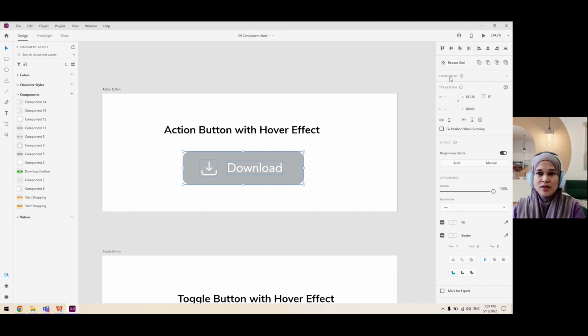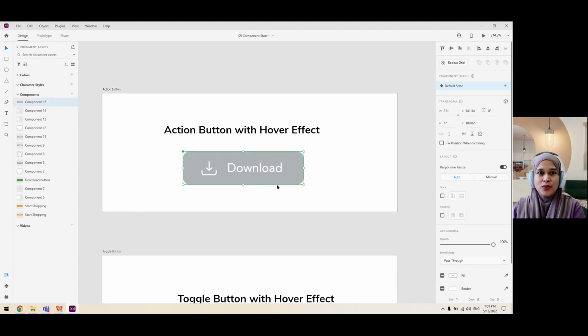Under the component section, there's a plus icon, which also does the same thing to create or make a new component. Click at this plus icon button, and automatically the blue outline here will change into the green outline with a diamond icon on the top left corner, which indicates that this is a new component that we have created for the download button,